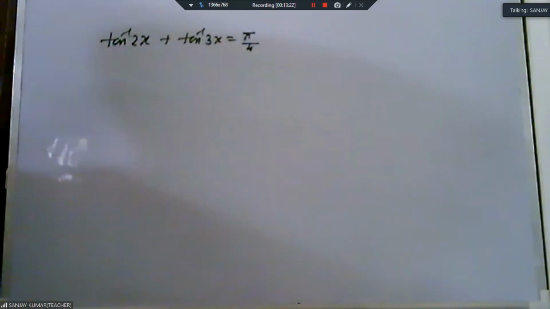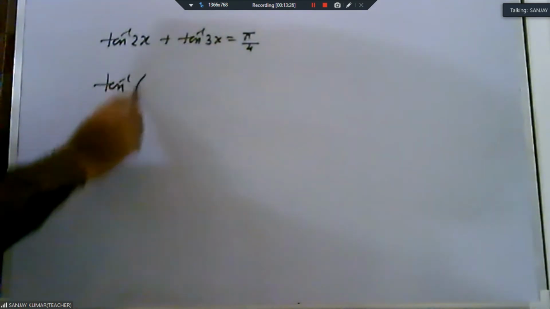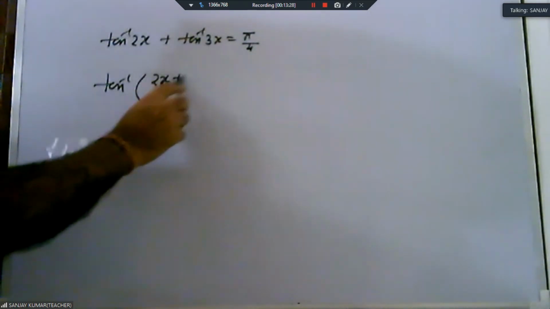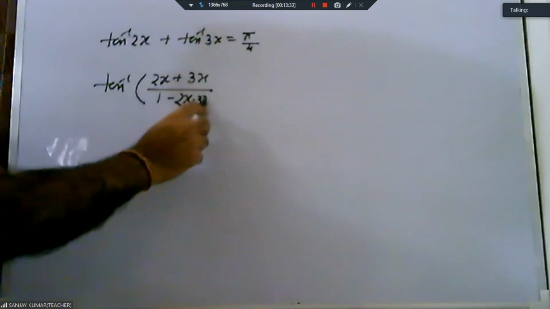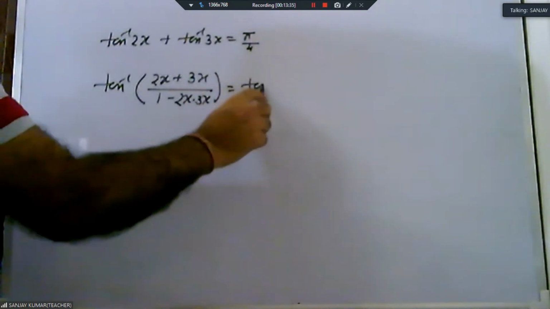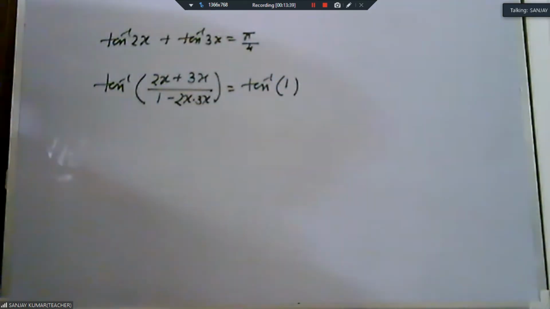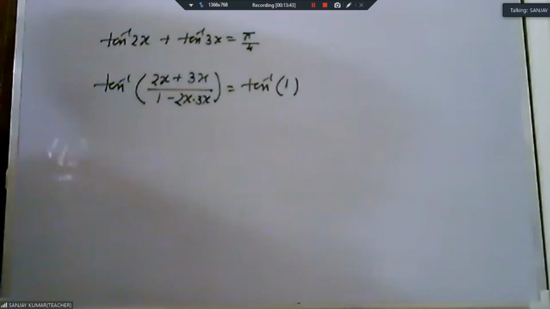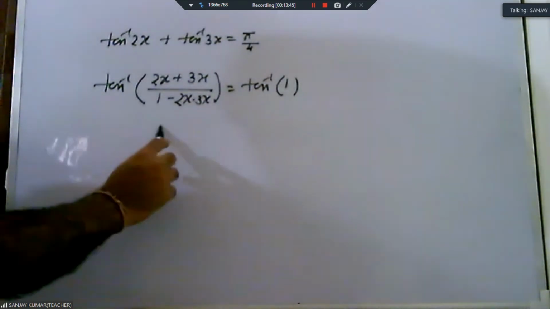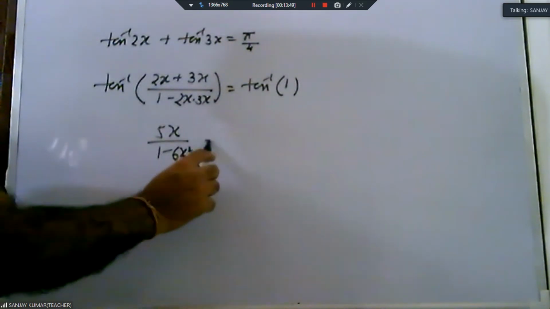That is very simple. We apply the formula. This is a type 1. Type 1 is very simple type. Only one concept is there. You make both sides tan inverse and then you compare it. Okay. This is very simple question. But till the formula, it is a question of 12th class. Otherwise, it is a question of 10th class. Okay. This you apply tan inverse 2x plus tan inverse 3x. That is tan inverse x plus y upon 1 minus xy. That is equal to tan inverse 1. Now you have 5x upon 1 minus 6x square is equal to 1.